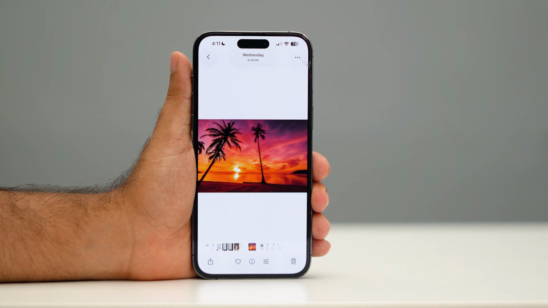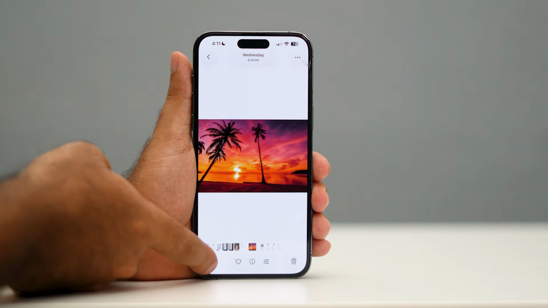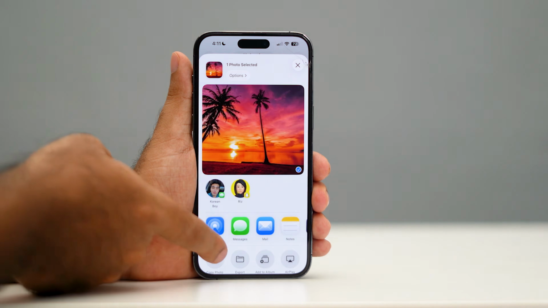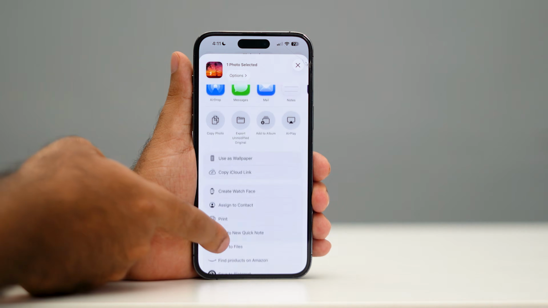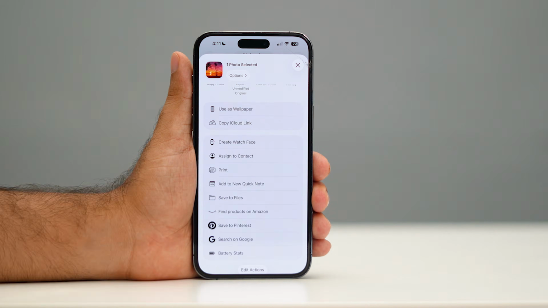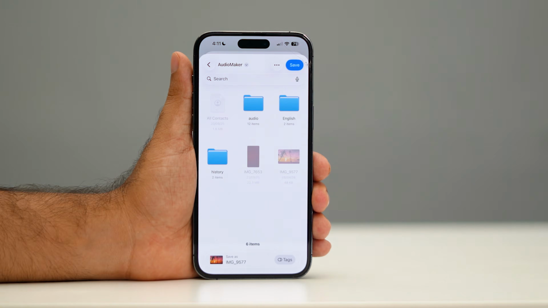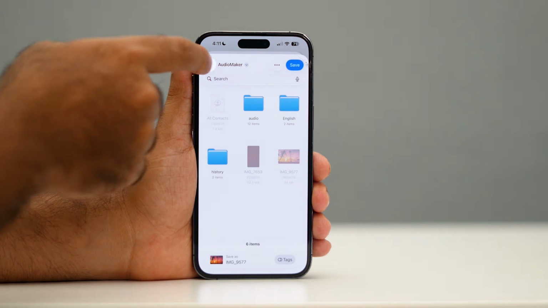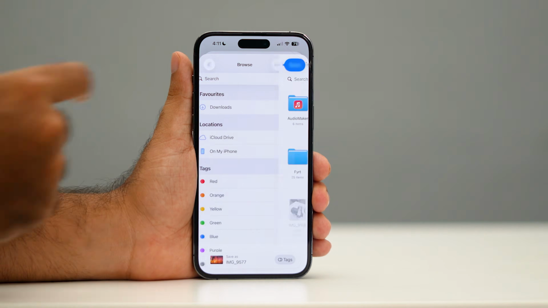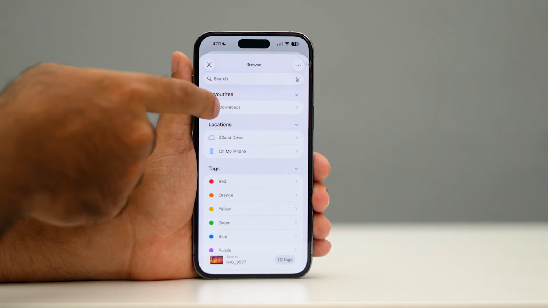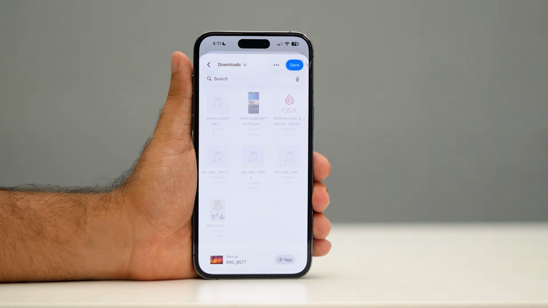Once you select the image, you have to tap at the bottom. Now from here, you have to scroll down like this and navigate to Save to Files. You have to tap on it, and that's going to take you to this screen. From here you have to select the folder where you want to save it. So I'll go back. Now I'm trying to save this in the folder over here called Downloads, and I'll go